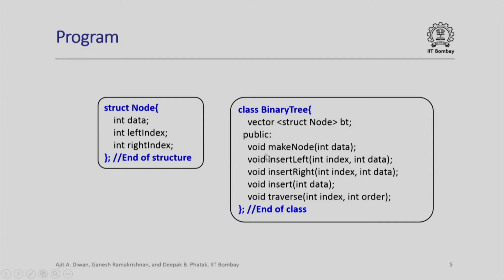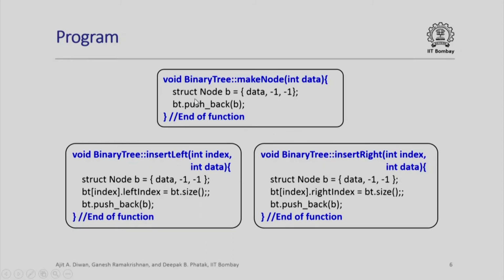Of course, please note that when we use the vector class, the standard template library gives us an extremely powerful set of functions which can operate on vector. We are just going to use one of those inbuilt functions. Look at this binary tree make node function. Well, it is very simple. We use push_back. Push_back B will actually create a node with B which will have data and -1 to represent both left and right indexes, because there is no child at the moment.